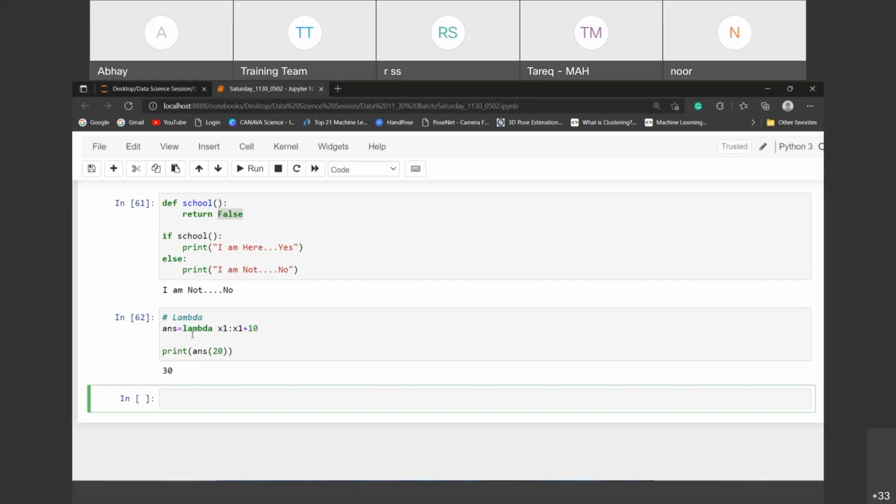Suppose the question is where to use it, or why to use it. Suppose you want a single line expression, a single short change in your code. For example, someone is entering 10, but you want 12.